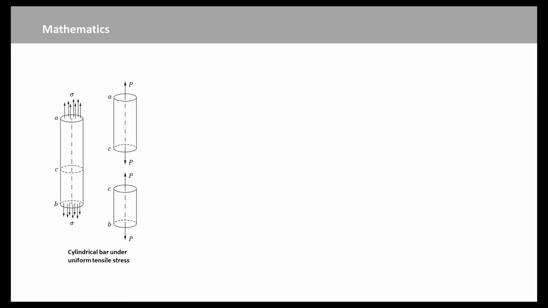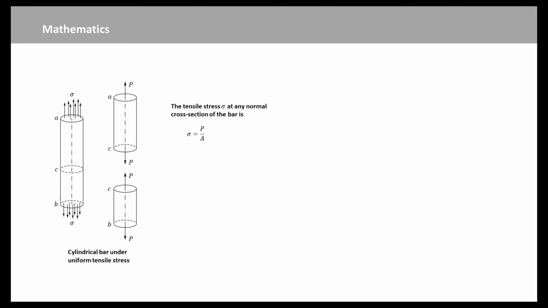Now we will learn the details of the normal and shear stresses. Consider a cylindrical bar AB, which has a uniform cross-section throughout its length. Suppose that at each end of the bar, the cross-section is divided into small elements of equal area. The cross-sections are taken normal to the longitudinal axis of the bar. To each of these elemental areas an equal tensile load is applied normal to the cross-section and parallel to the longitudinal axis of the bar. The bar is then uniformly stressed in tension.